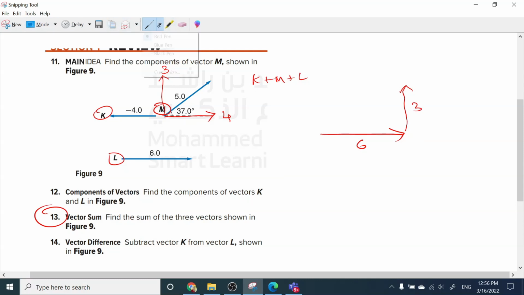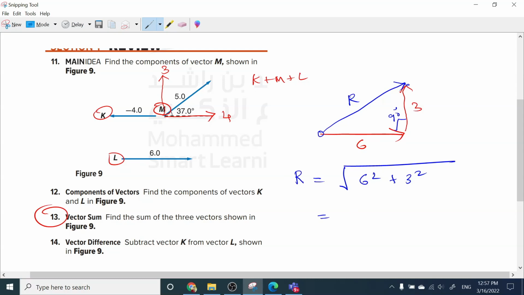Then what is the resultant? Resultant will be, or sum will be, sum or resultant, okay, both are same. From the starting to the end, right, from the tail of the first vector to the head of the last, means to the tip of the last. So this is the resultant. So as this angle is 90 degree, you can use Pythagorean theorem to calculate this sum. So here sum of these two vectors 6 and 3, that is equal to square root of 6 squared plus 3 squared, that is equal to